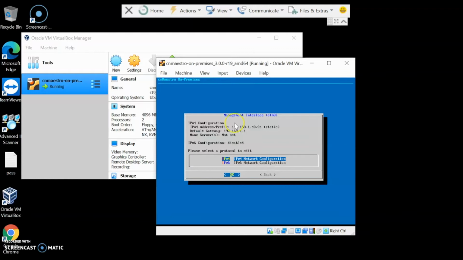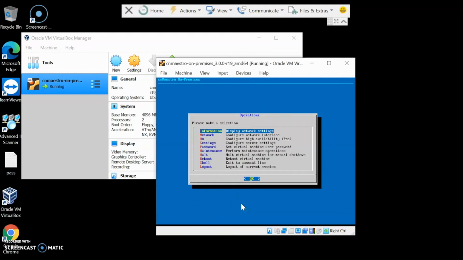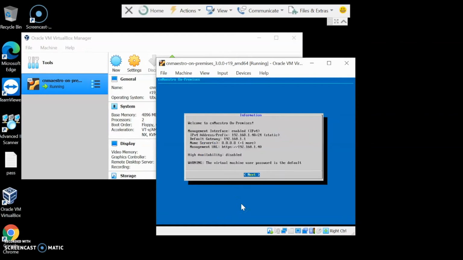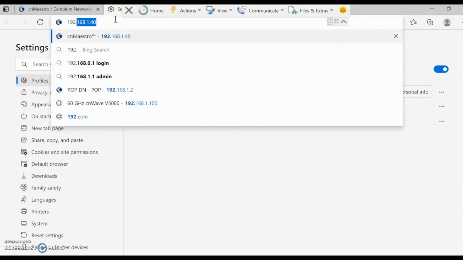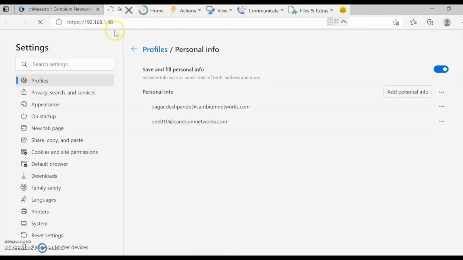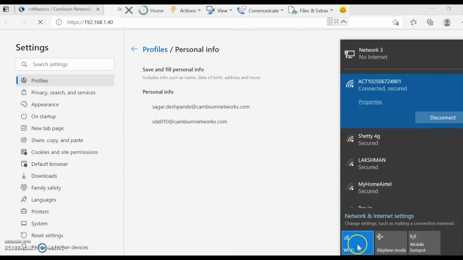Right, so this is good. Now we can access that. So let's go back. If you go to the information tab, you should see this /24 address. For you to register over here to see if you can log into that, it may or may not work because you may have to provide a 192.168.1.40 IP address. So what we're going to do is go to our Ethernet setting,